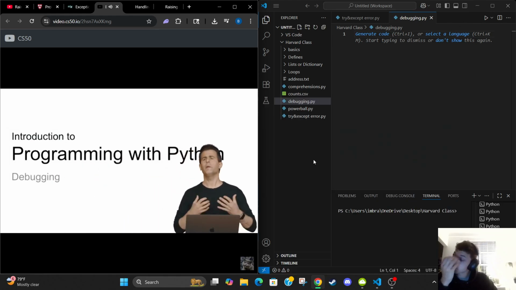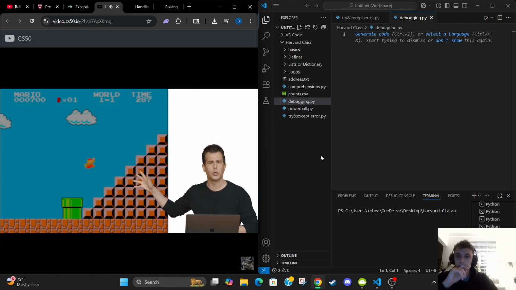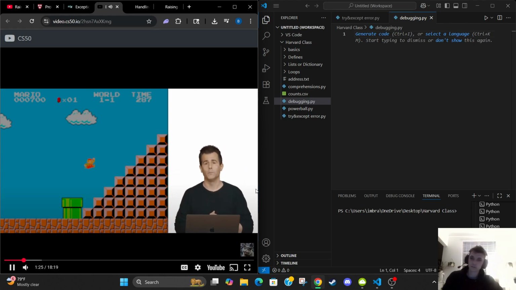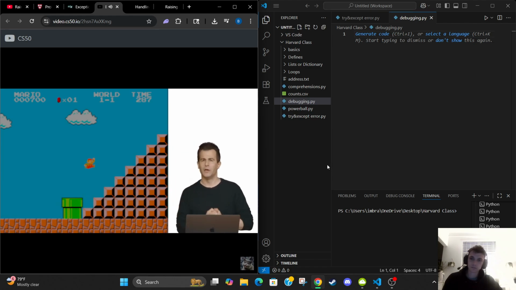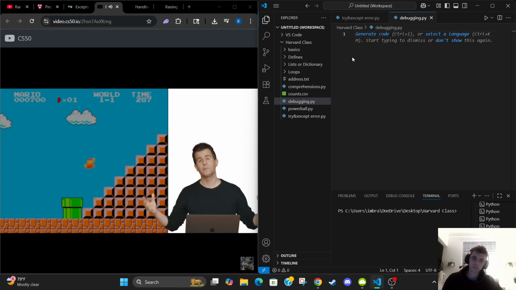And for instance, let me propose that we build something like this in code. So pictured here is Mario from Super Mario Brothers, the original Nintendo game, jumping over a pyramid of sorts. And that pyramid is implemented with these bricks of sorts. Let's go ahead and create a textual version thereof, whereby we use maybe hash symbols, simple hashes, to represent each of these bricks. And therefore, the goal in printing out a pyramid textually that resembles that of Mario here would be to print out one hash, and then two hashes, and then three hashes,